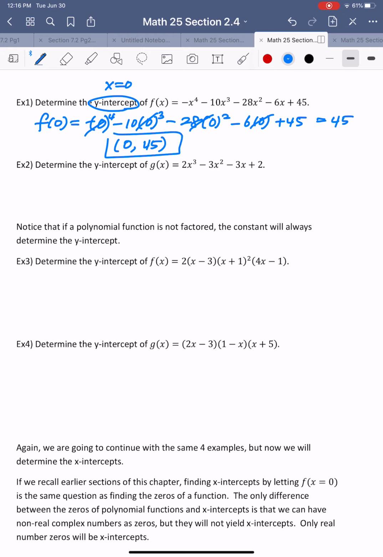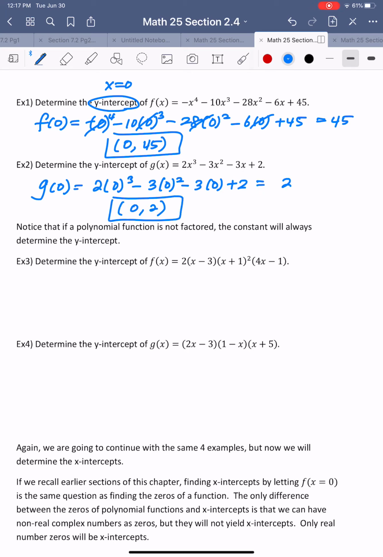Example 2. Determine the y-intercept too. So same thing. You use 0 for x and plug it in. 2 times 0 cubed minus 3 times 0 squared minus 3 times 0 plus 2. So everything cancels except the 2. So (0, 2) is the y-intercept. Notice that if the polynomial function is not factored, the constant will always determine the y-intercept. The same thing, but if it's in factored form,